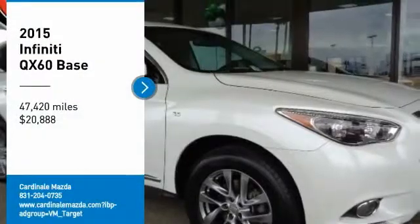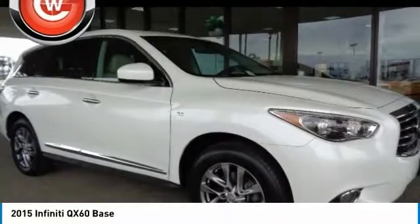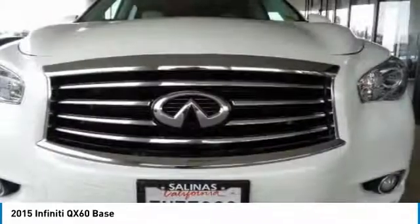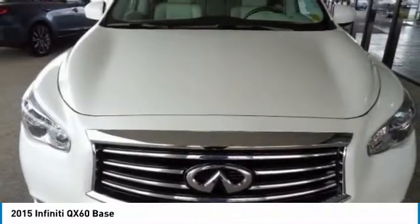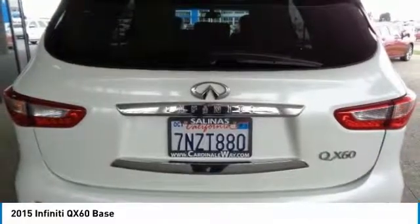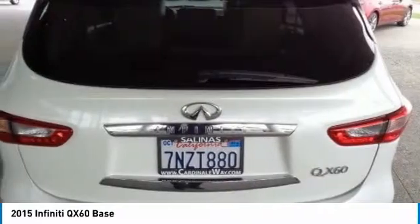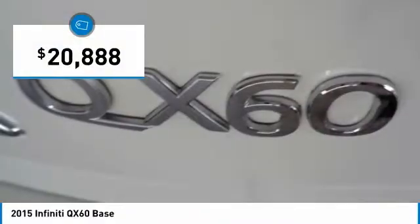We are pleased to show you the 2015 INFINITI QX60. The INFINITI QX60 is the perfect blend of luxury and practicality. This crossover SUV not only provides ample space for passengers and cargo, but also an interior that screams luxury. In addition, the QX60 offers extremely high levels of safety, all with a sleek new design, and is priced below